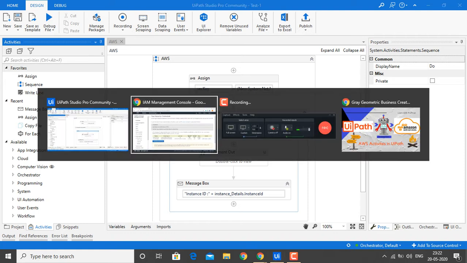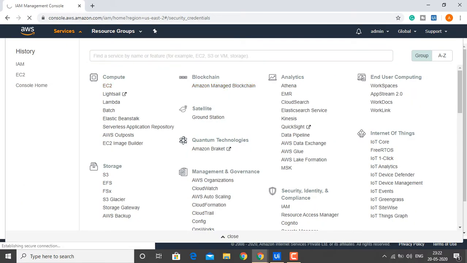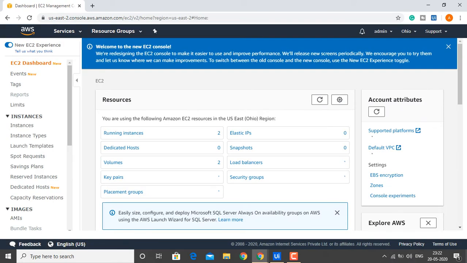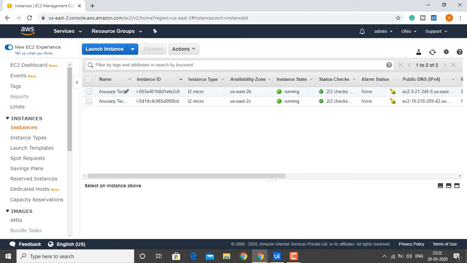So how many instances are available right now, those instances we have to get in UiPath. We will use the Get Instance activity. By using that one we will get a list of all instances. Right now we have two instances. I will show you these two instances.